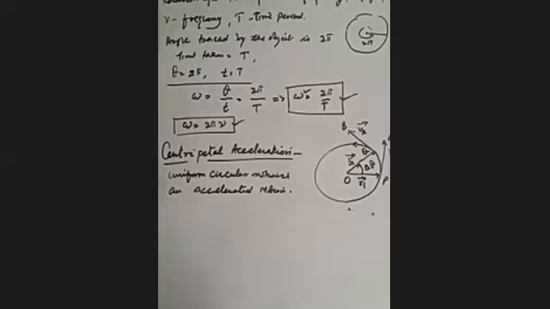Take a point O, P dash, and draw a vector equal to